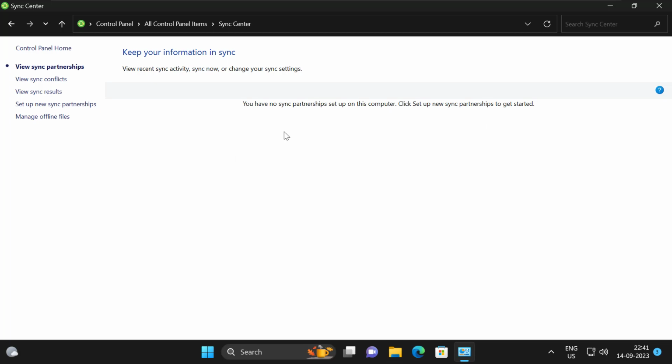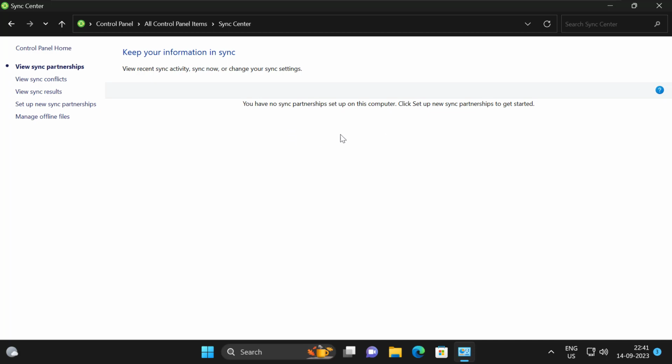There you just need to enable offline files. You just need to enable it guys. In my case I don't have it, that's why I'm not able to click this option. You need to enable offline files, and in the new tab that opens up, the tab says disk usage